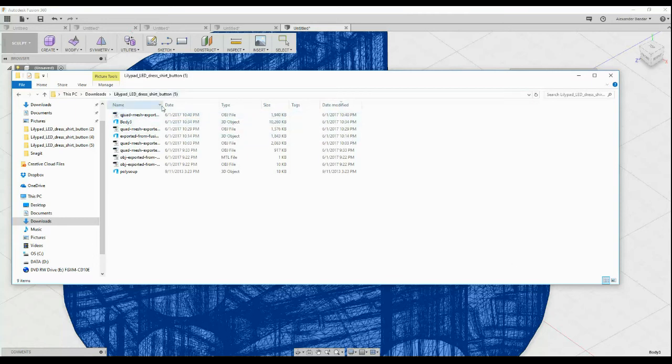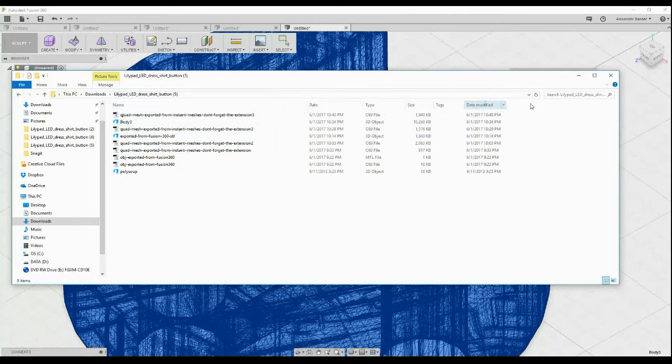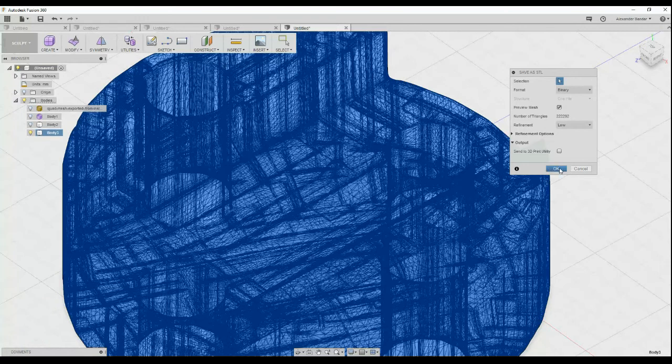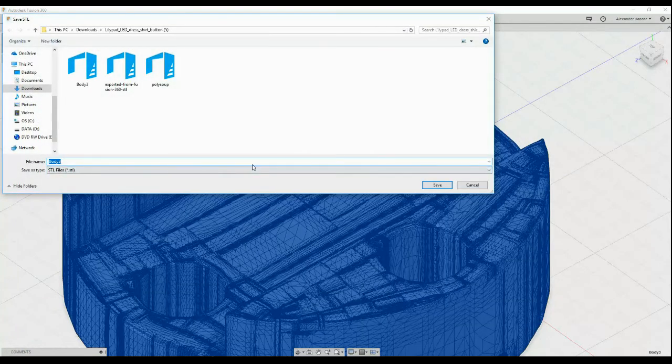Nope, not yet. So let's hit OK here. There we go. Okay. So STL exported from Fusion 360 after sculpting,